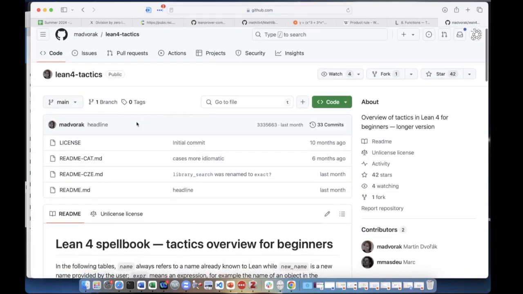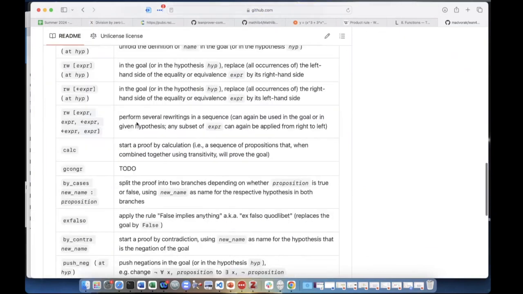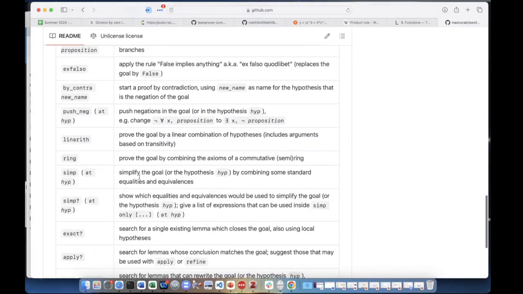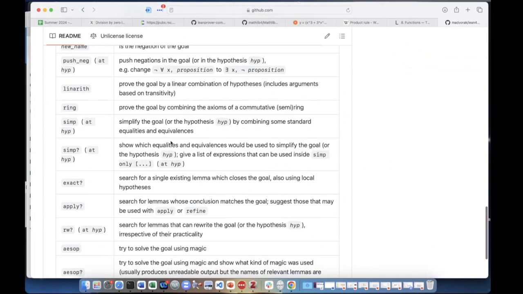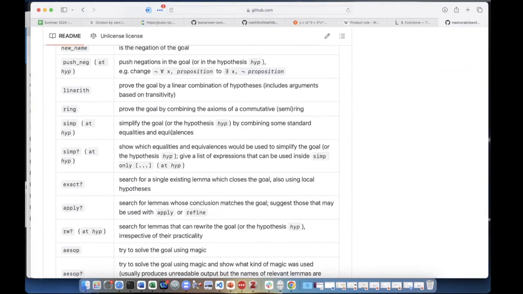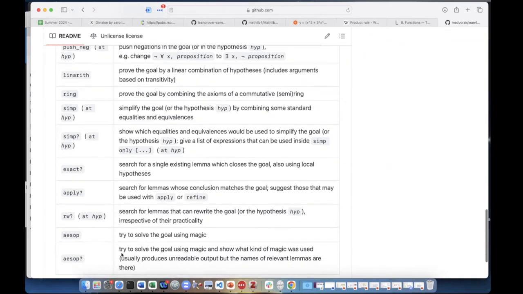So I shared this Lean Force spellbook tactics, and simp question mark is for simplifying the goal by combining some standard equalities and equivalences. It's weaker. Simp is weaker. It doesn't do as much work as ASOP does. ASOP is fancier. I think ASOP may involve